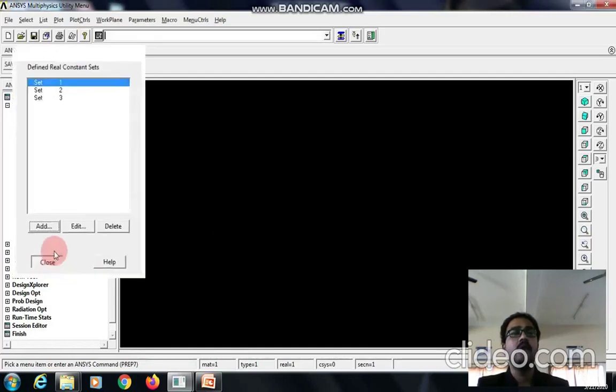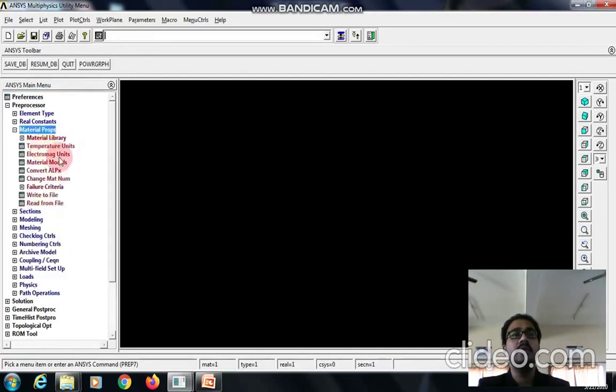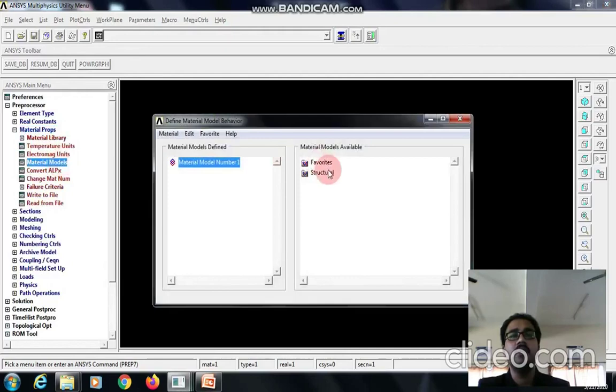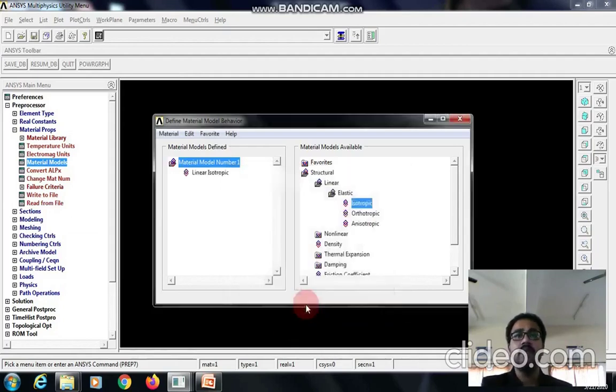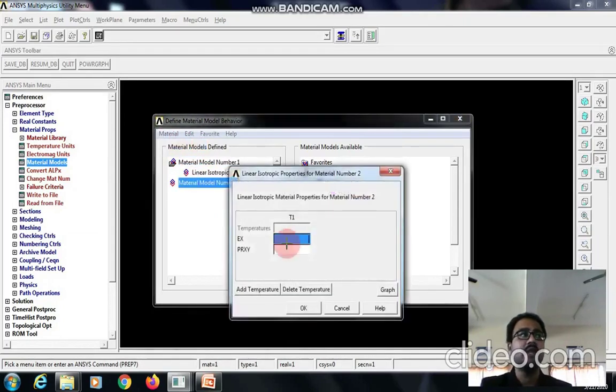Give OK. Close this. Now go to the material properties, material models, structural, linear, elastic, isotropic for the first set. The Young's modulus for the first set is 0.7 e power 5 and Poisson's ratio is 0.22. Give OK. Now for the second material, go to new model, define material 2 and enter the values.